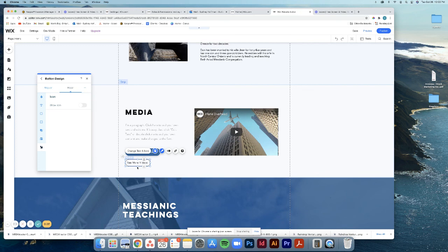So the hover, see how it gets white like that with the border. So we'll just leave it like that. That looks really good. So